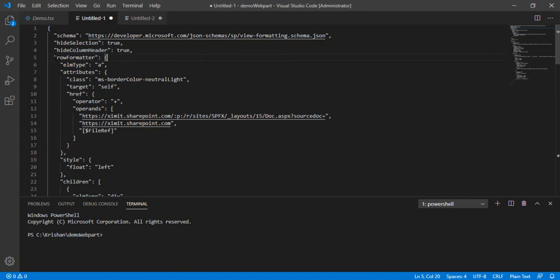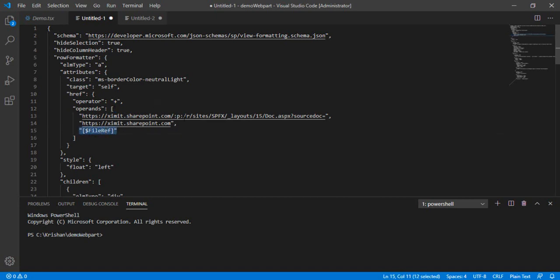In this JSON, you can see I'm using a row formatter, and the element type is a. That means I'm modifying the behavior of the anchor tag, which is the link on that preview. How I'm modifying it: I am passing an href reference, appending the first string with the second string and passing in the file reference name.